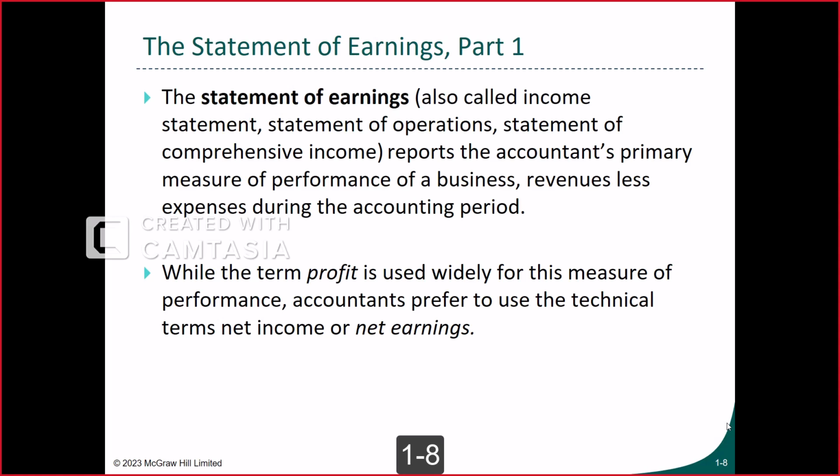And then the list of expenses. The revenues with the plus sign, minus the expenses. What can we have as kinds of expenses? Examples of expenses we may have: salary expense, usually the biggest part of the expense in a service company.